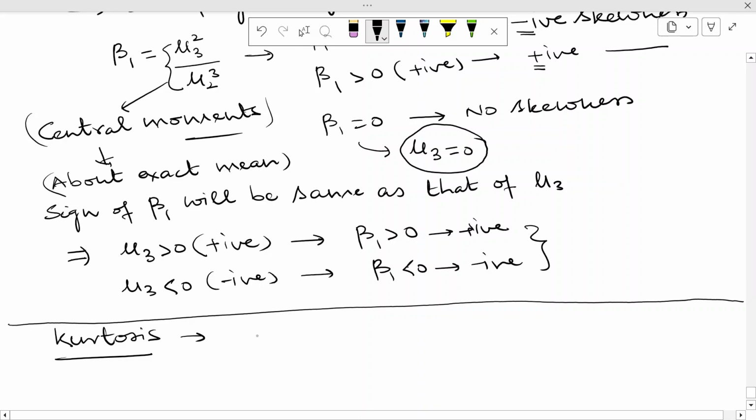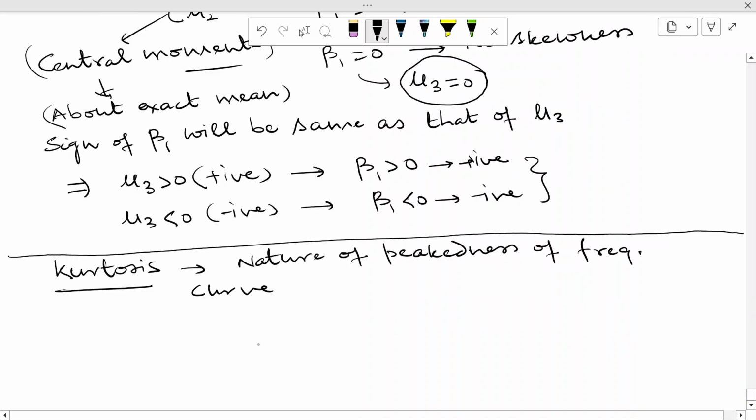This gives an idea about the nature of the peakedness of the frequency curve. Meaning when you are plotting the observations and frequency, then